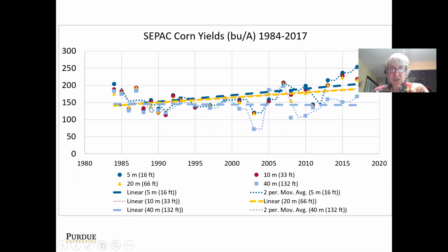None of you have seen these data presented this way. So this is the corn yields over the entire project period. And you can see that the moving average line is bouncing around, as you expect, based on weather and so on. But if we take a look at a linear trend line, which has a lot of noise around it, but a linear trend line for the 5 meter, this dashed dark turquoise line here, we can see that that linear trend is giving us about 1.9 bushels per acre per year increase in corn yield over the length